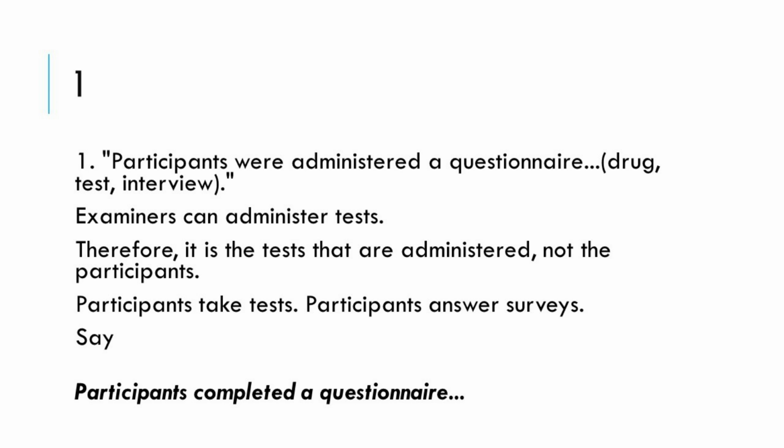So essentially what we want to think about when we're talking about switching from passive voice to active is, think about what happened and think about who did it. Think about what was done and think about who did it. Okay. So in the example where the participants were administered a questionnaire, the examiners administered a questionnaire. That's, again, one way we could talk about that, but this sentence is not about the examiners. This sentence is about the participants. So we want to make the participants active and not passive. So we'd say the participants